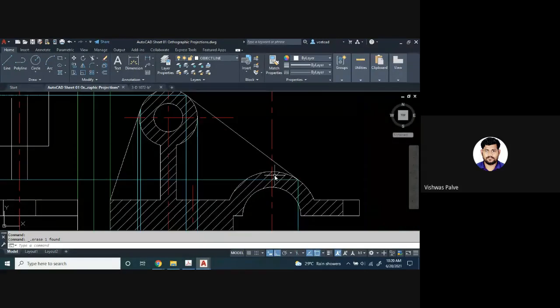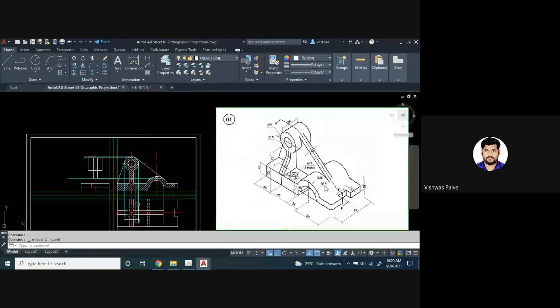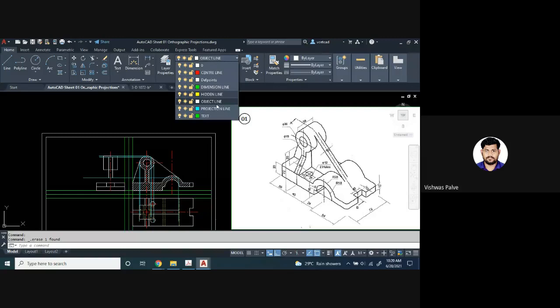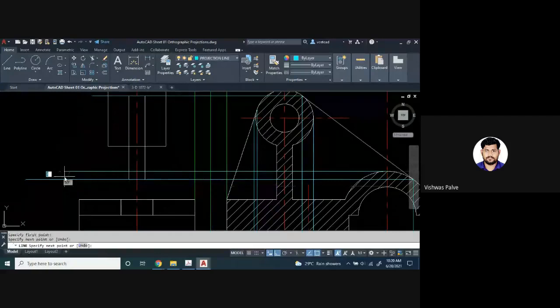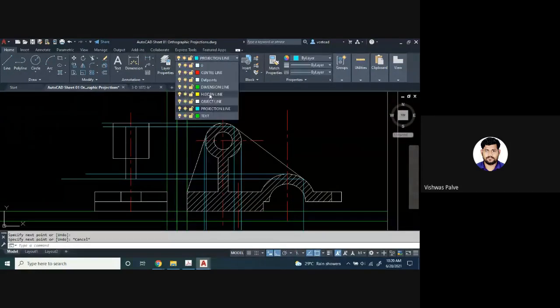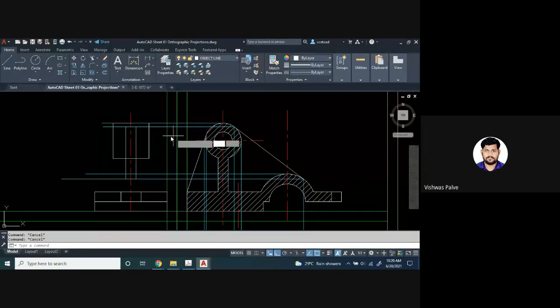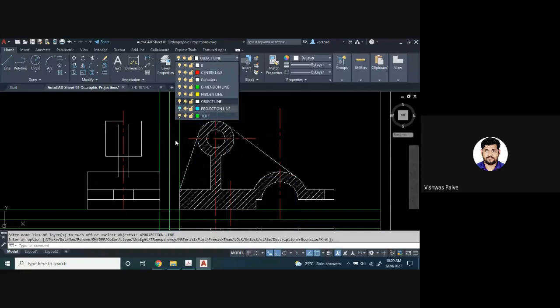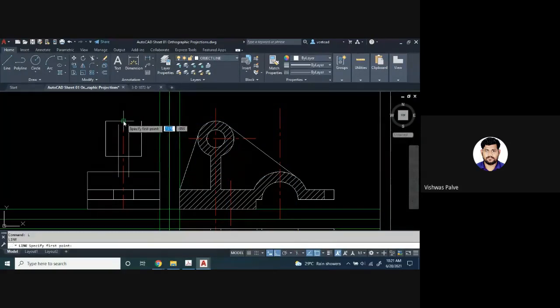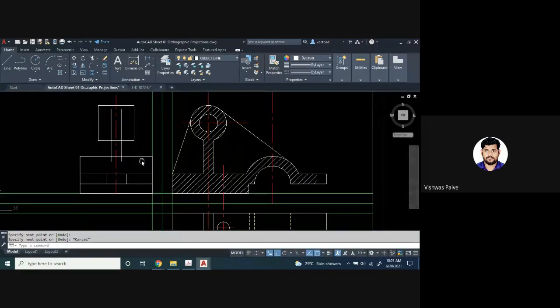I have to draw the cylinder. This cylinder also has to be shown here. If I observe it from here, the cylinder of 28 radius has to be shown. So I will take a projection of that cylinder. Better, whenever we have a confusion, you can take projections. Then with the help of object line, L enter, I will draw a vertical line here. The cylinder is now represented. Now if you are getting confused with the projection line, you can switch it off. Whenever you switch off the projection line, if any object line is missing, you can show it.